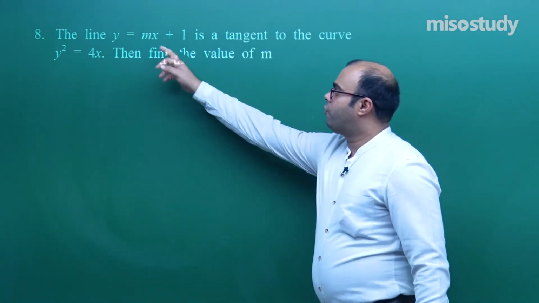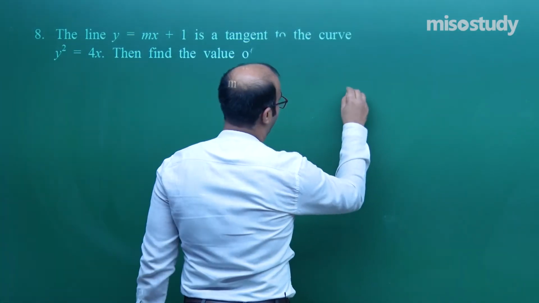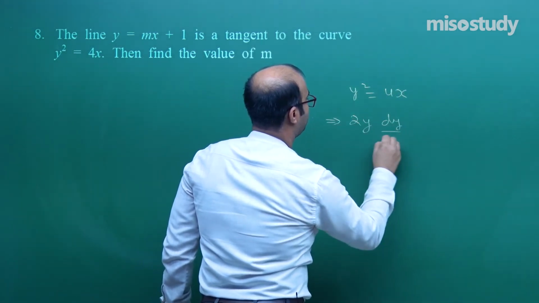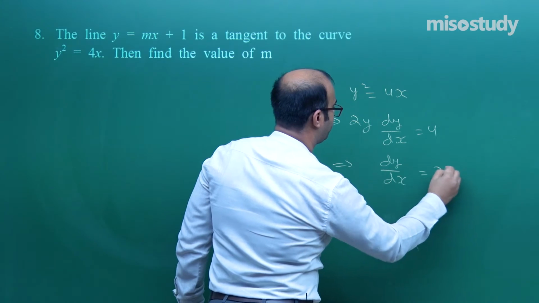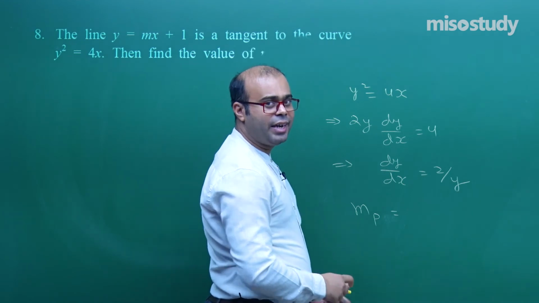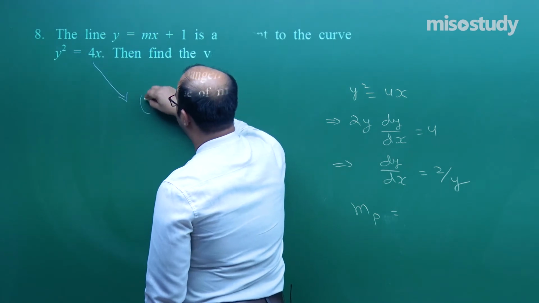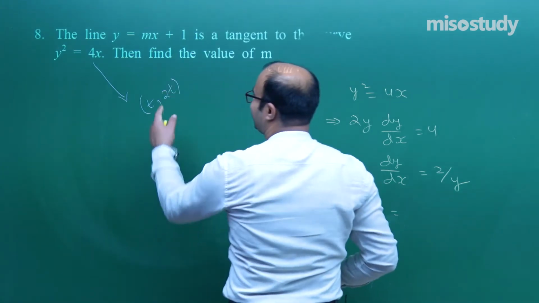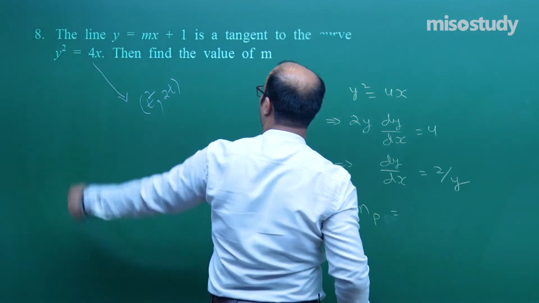Now you have to find the value of m of that tangent. What will we do? We will differentiate y square is equal to 4x. When we differentiate it, 2y dy by dx is equal to 4. In that case, dy by dx will be equal to 2 by y. Now, for the slope of the tangent at the particular point where we are finding the tangent to the curve, let us suppose that the point on this curve is t. So if we take x as t square, y will become 2t, because this is a parametric form. When you put x as t square, 4t square has an under root of 2t.